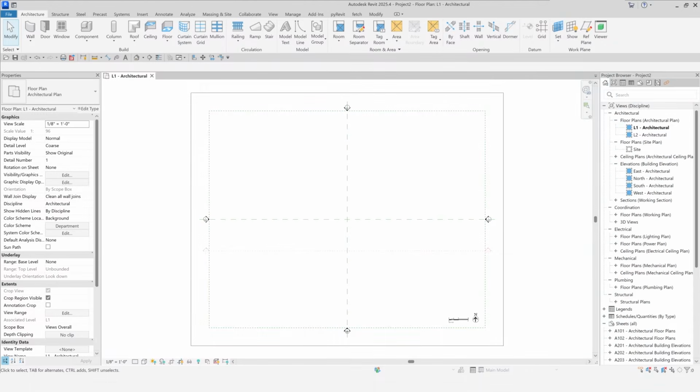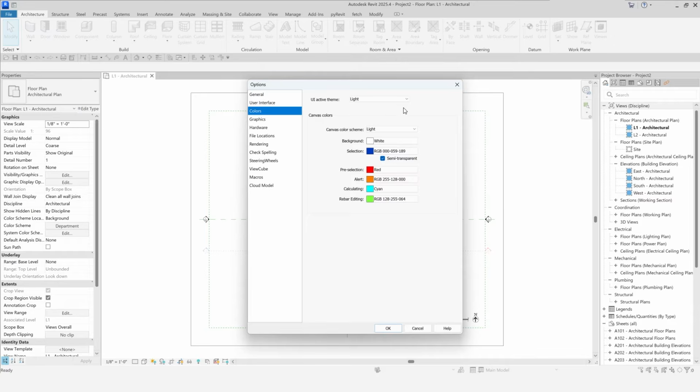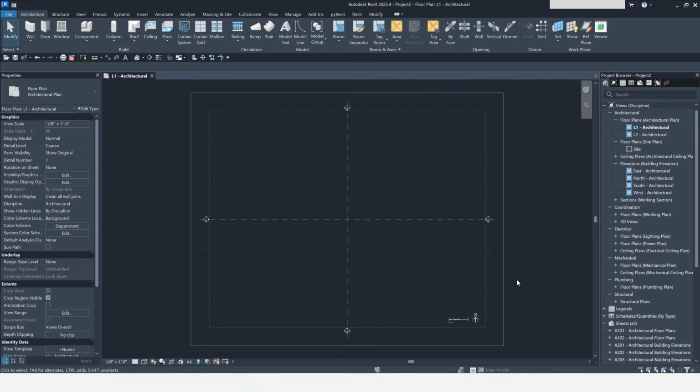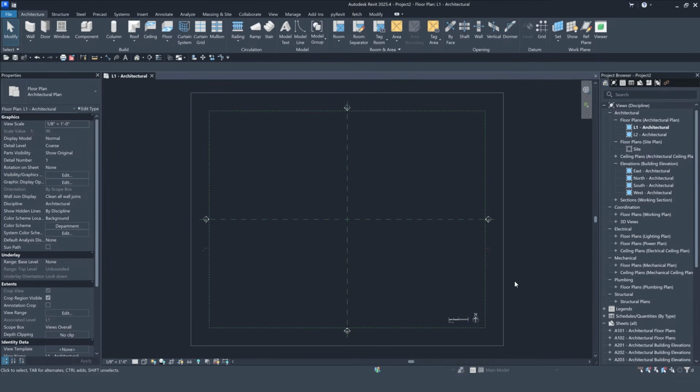Let's go ahead and talk about colors, like our background color here in Revit. What we'll do is go to File and Options, and under the Colors tab, you'll see an active theme selection. You can have the light selected or dark. I'll change it to dark and I'll click OK. You'll see that your entire screen will go dark, but here's where this gets even better, where you can personalize